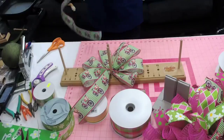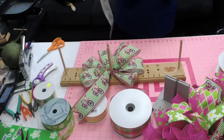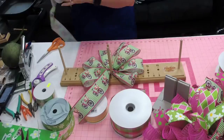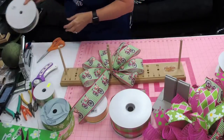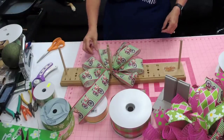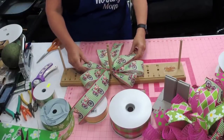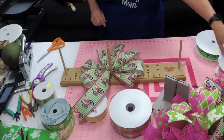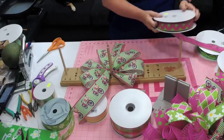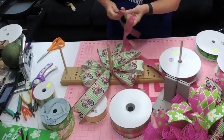So that's just a little trick to keep your pattern, because I know when I first started making ribbons, when I first started making bows, I would get so frustrated because it's like, why do they keep twisting like that? And then I figured it out. Alright, so we're going to do fun. We're going to alternate. Now we're going to do a